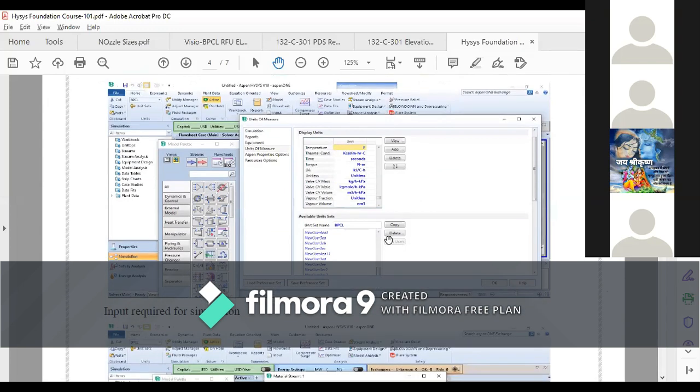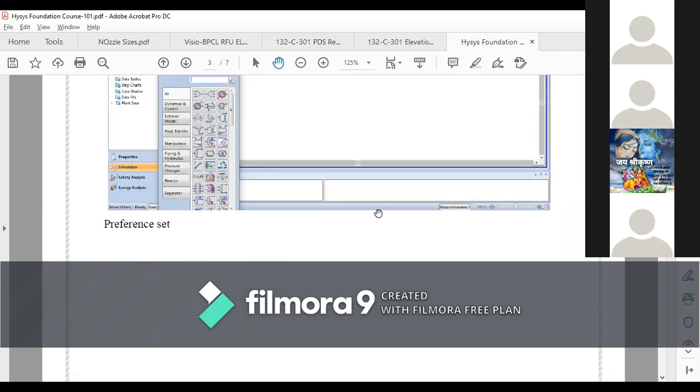But if you are working for a project in the US or UK, then you will be using the pound instead of kg, something like that.